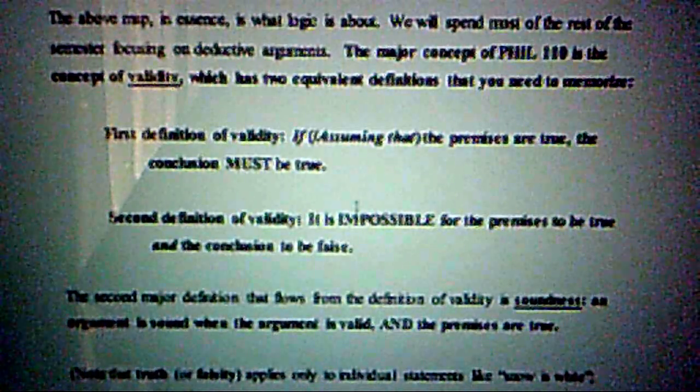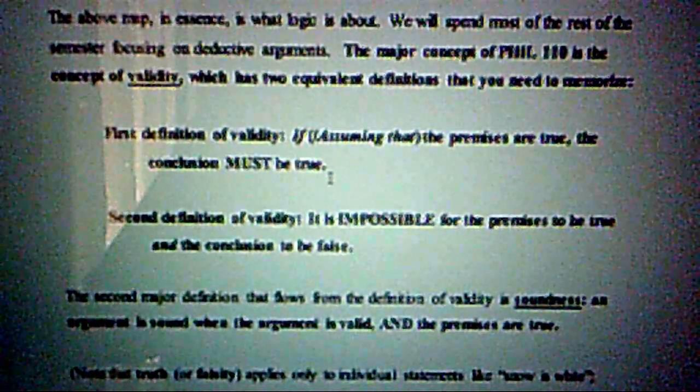Okay? So the first definition says, again, assuming the premises are true, the question is, are you forced to the conclusion? Well, let's suppose you are. Assuming the premise is true, you're forced to the conclusion. So then let me ask the next question. When the premises are true, assuming you're forced to it, can the conclusion be false? No. So the idea is that it's impossible to have true premises and a false conclusion. Why? Because you're forced to the conclusion. So it has to be true on the assumption that the premises are true. That's why the second definition of validity is equivalent to the first. If that didn't make sense to you, don't worry about it.